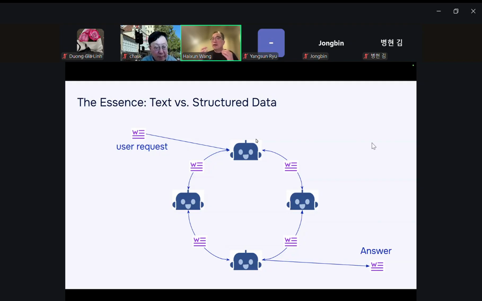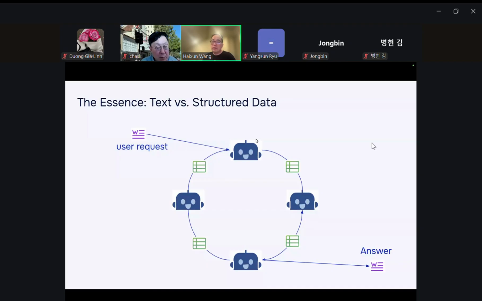Which sounds nice, but there's a very big problem because the text is ambiguous, inconsistent, and non-deterministic, and it usually will have lots of problems, not to mention latency and other things, and it's very difficult to debug and all things like that.